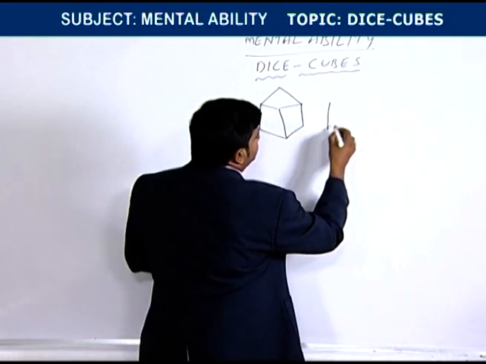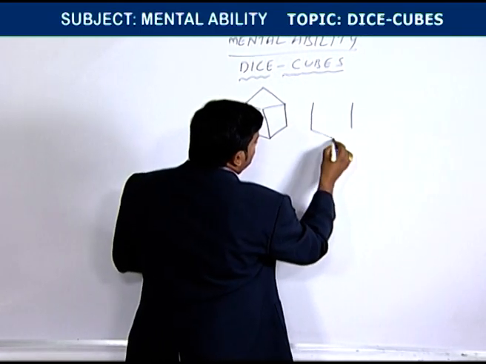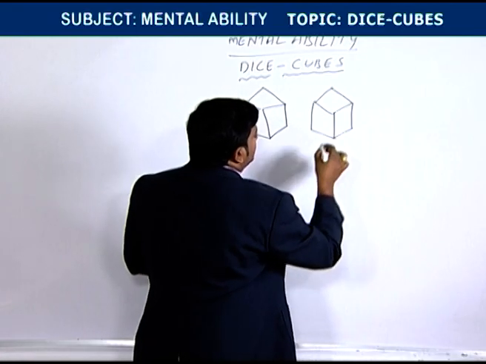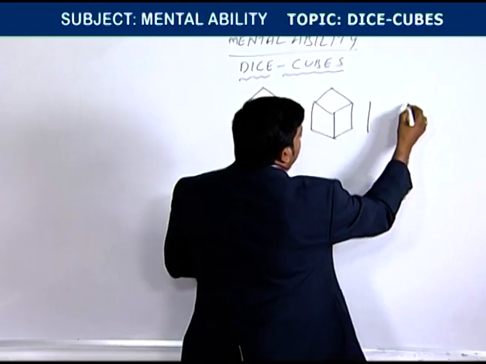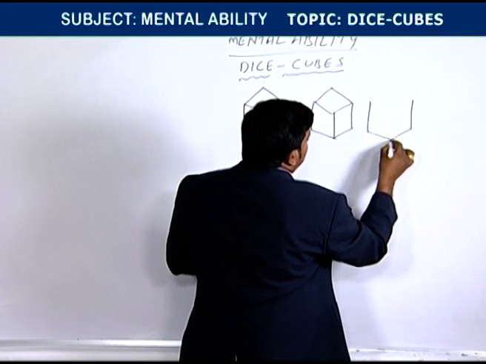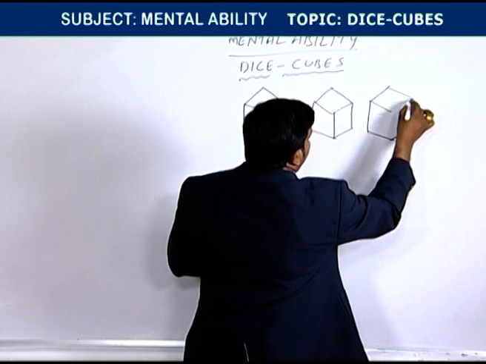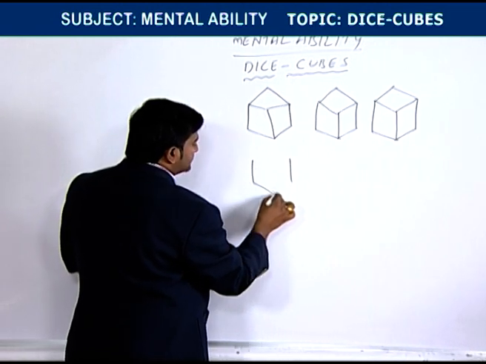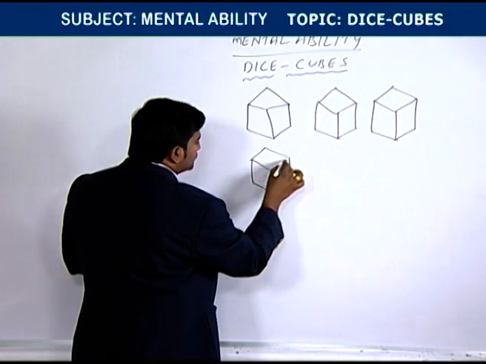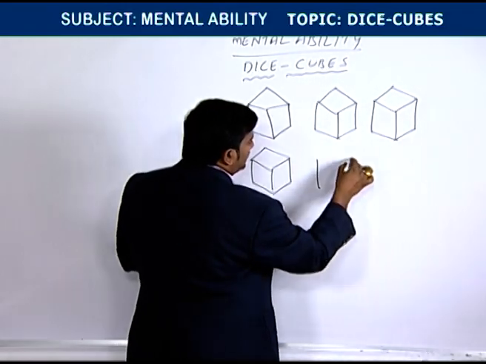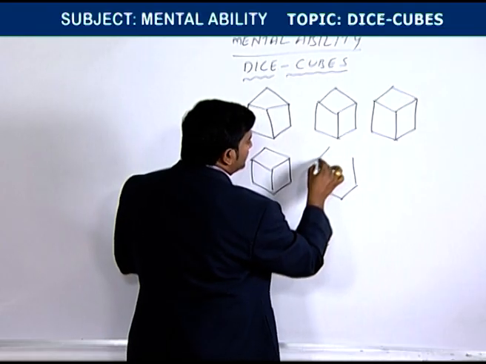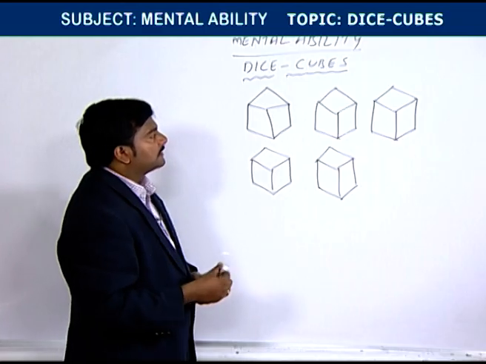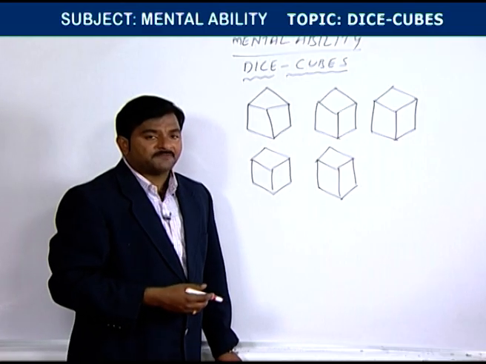Similarly, take 2 parallel lines, join these 2, and similarly join these 2, and draw the Y junction shape. Similarly, take 2 parallel lines, join these 2 and these 2, like a Y junction shape. Similarly parallel these 2, joining these 2 like a parallel shape. Why I am drawing all these is that 6 surfaces are there, but at a time we can see only